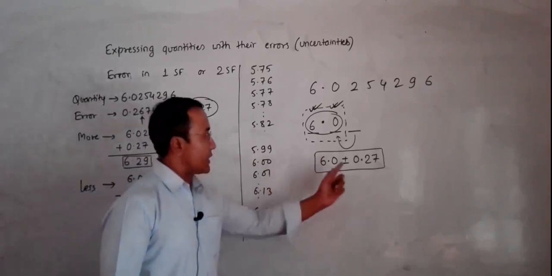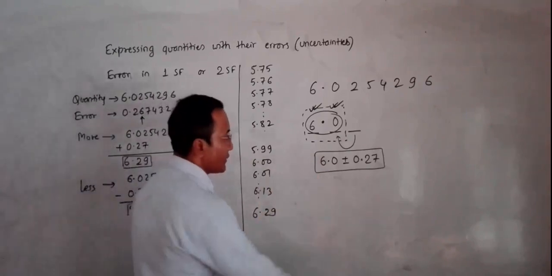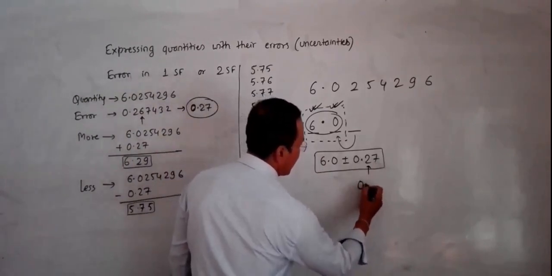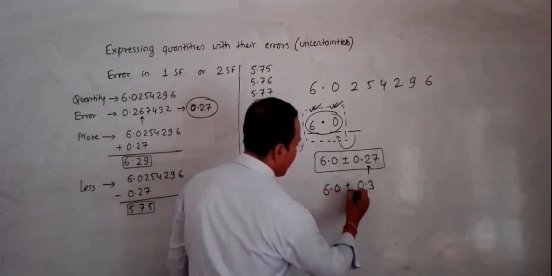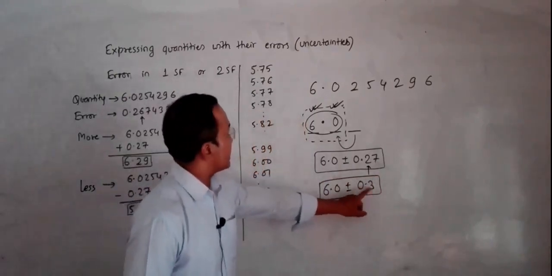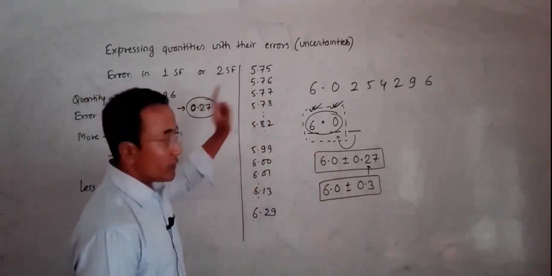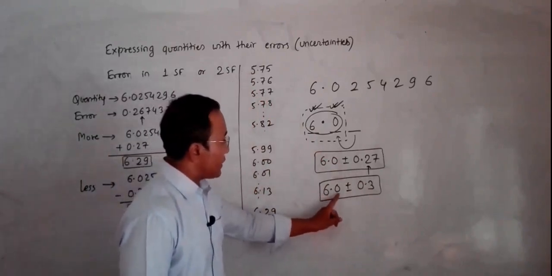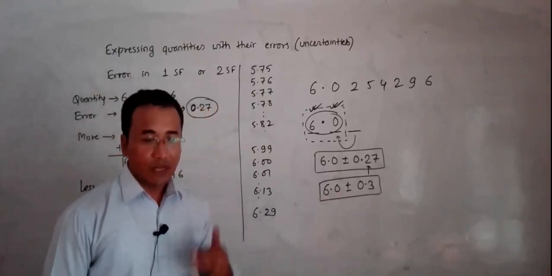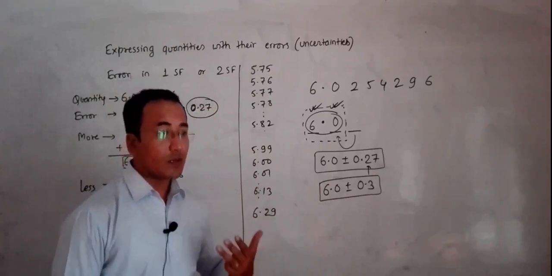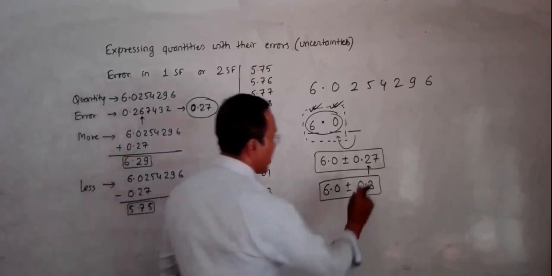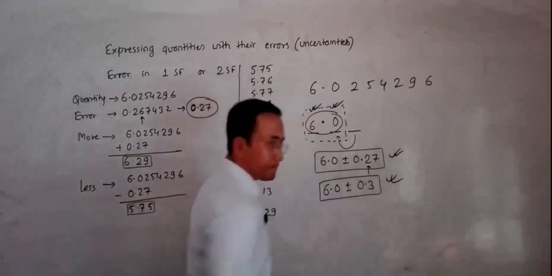Now if you want to express the error in one SF, so if you do it in one SF, this 7 goes here, this will be 0.3 and this is 6.0. So this is also another way of expressing things. Now if you add this, again you can do the same way, and you will find that you can express this only up to this and not these quantities, because they can have any values we like, and that also goes round and round, not a certain number of times, but many number of times. So that's why you have to express either in this form or this form.